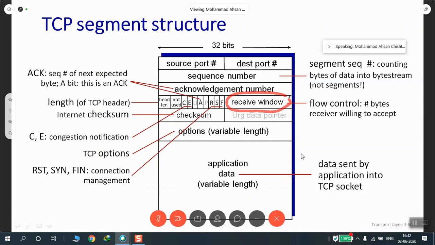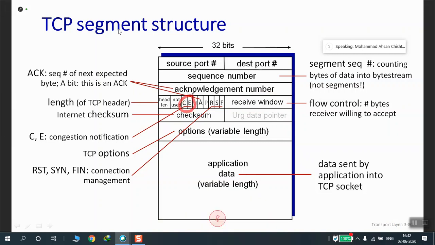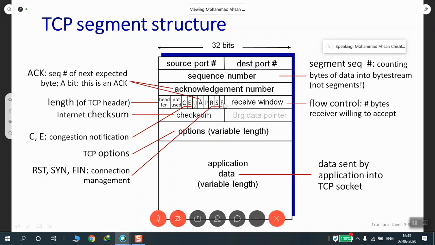Some other bits, like CE here. This U is the urgent bit. If it's valid, if it's on, it means that this packet is to be treated urgently, with minimum delay.